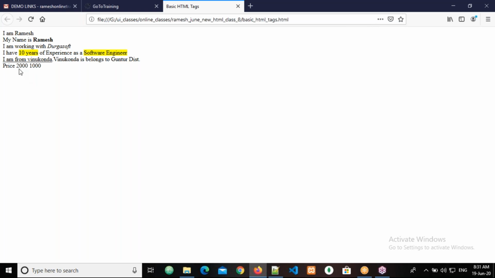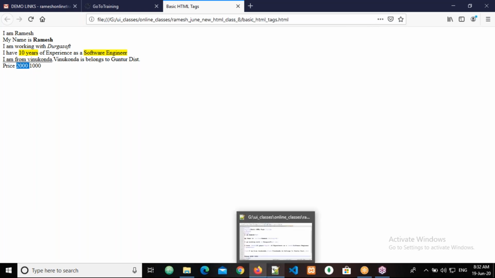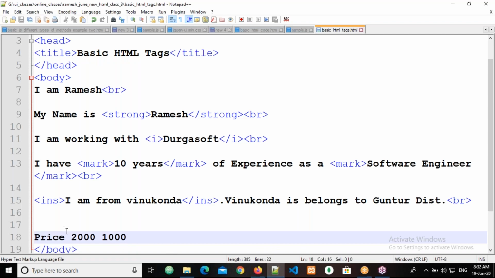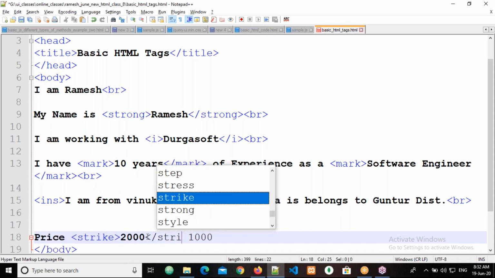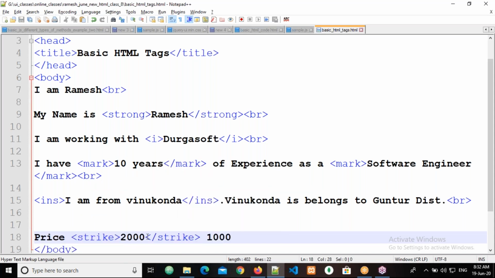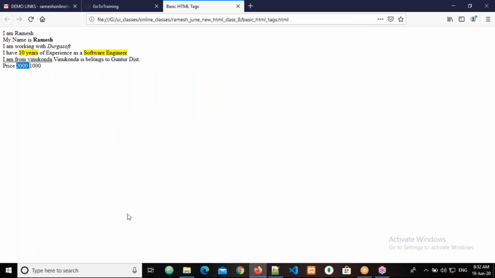So either I need to write it like this, "price is not 2000, only 1000", or no, I want to give a user experience by striking this 2000. So how can I do it? By utilizing the strike tag. What is that? The strike tag. Okay, now come here and refresh.